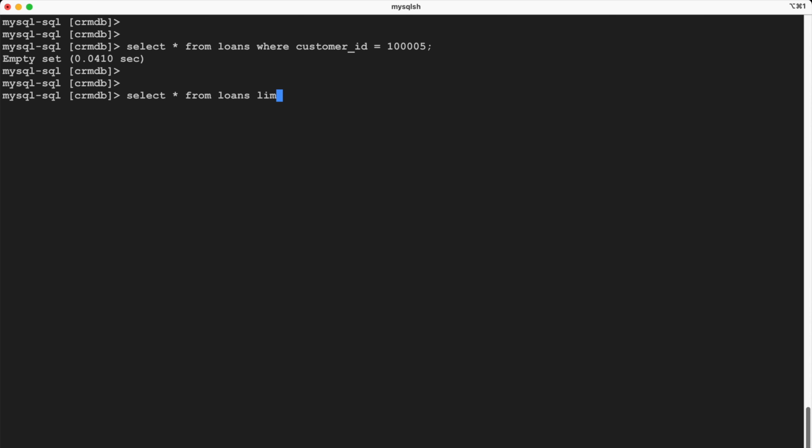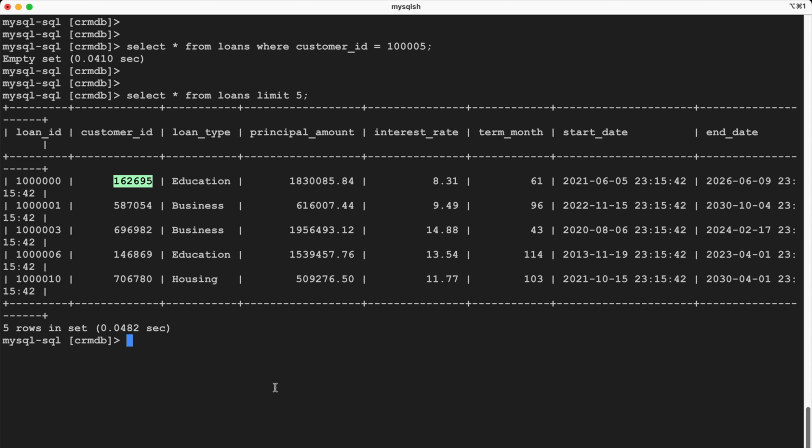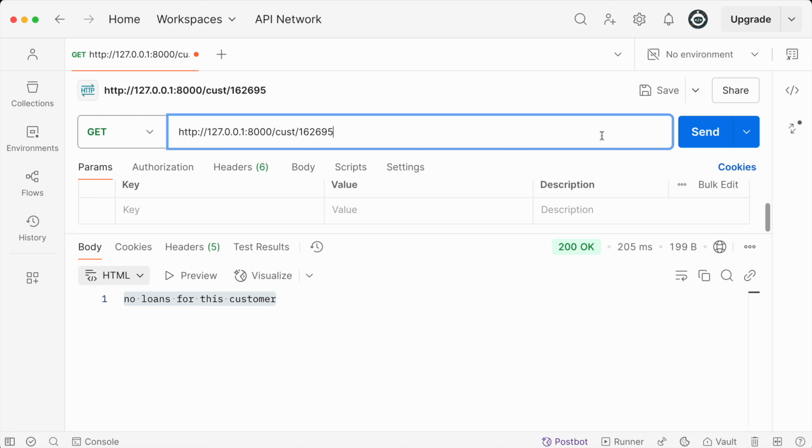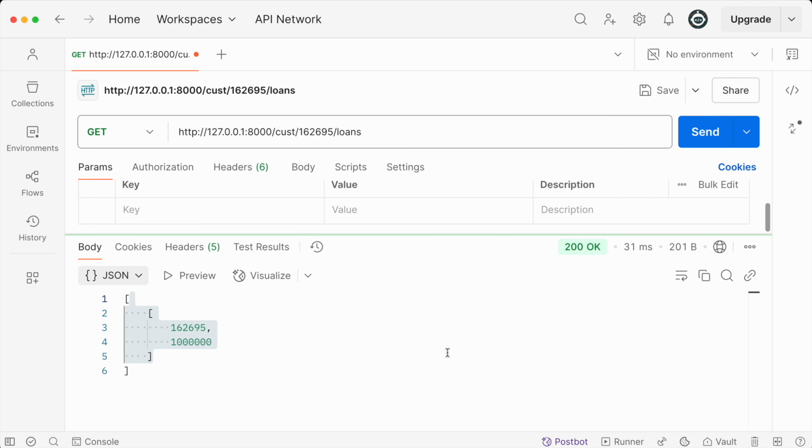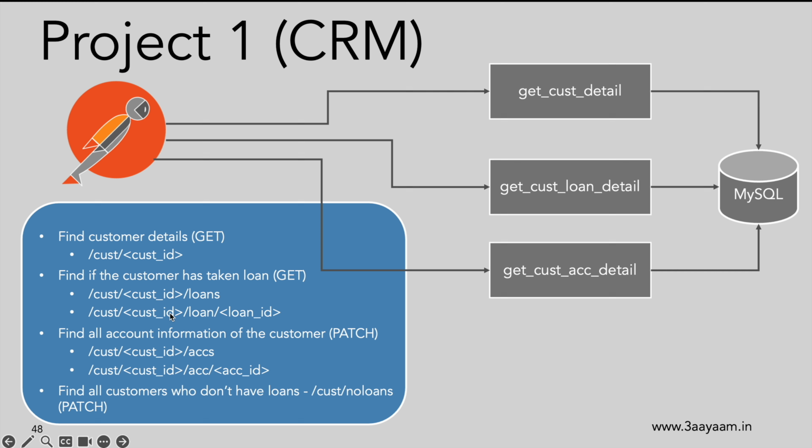Let's try to find out a customer which has loan and the customer ID is 162695. I'm not sure whether this customer is there in the customer database or not. Seems like it is. So let's try to find out the loans that this customer has taken. So it seems like the customer has only one loan and this is the loan account number, which is 1 million. And that gives us an opportunity to use this next API wherein I'll pass the loan ID to get